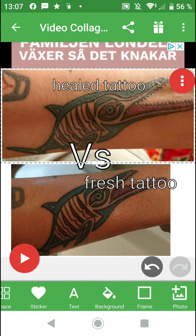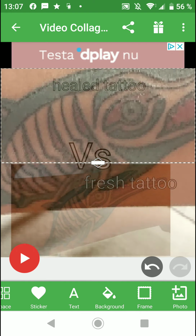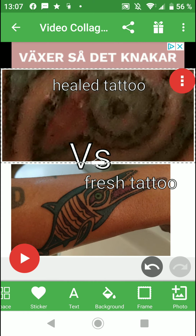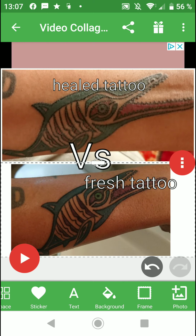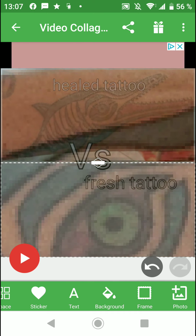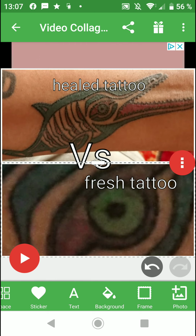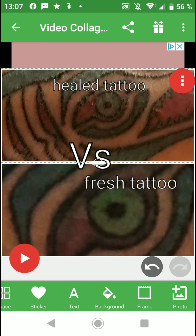And you see the same here on the eye on the Ichthyosaurus, comparing the healed one to the fresh one. If you zoom in first on the healed one, you can see it's much more darkish green, and then we zoom back out and zoom on when it was fresh, in other words new, you see it's much more limeish green. And this green is only one green, it's only lime green, it's not two different greens. So what happens is that if I only have lime green on my skin, the lime green will get much more, almost, you still see the green,